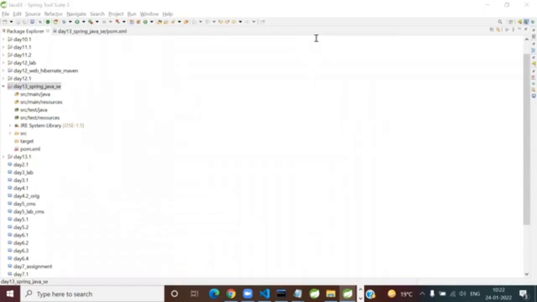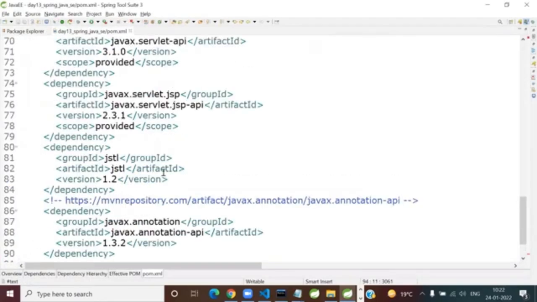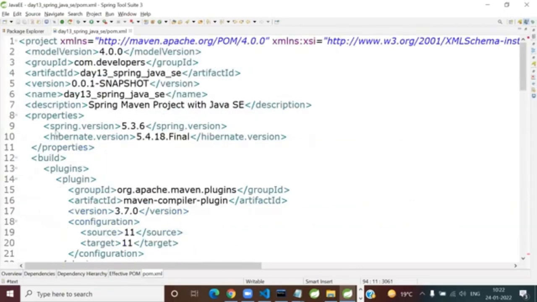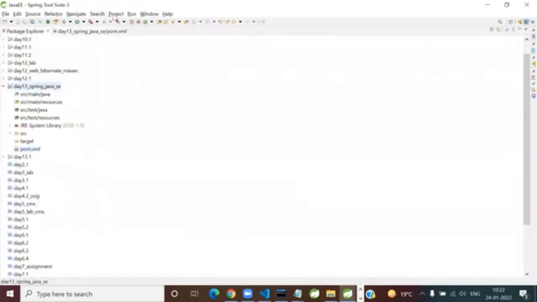There are going to be Hibernate related dependencies you already have. What you don't have is the Spring jars. So for me, of course, it was done. Should not have any issues like this, red crosses and all that. So let me just refresh the project first. Is the error going away? It's not going away. You continue with this jar. Anyway, let's not delay your break.